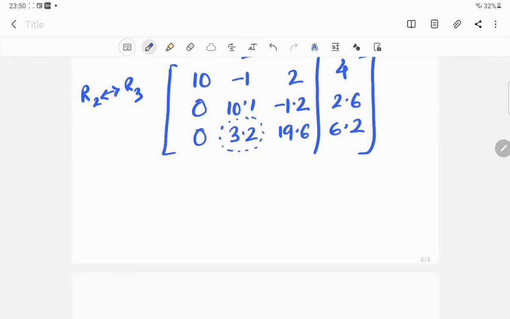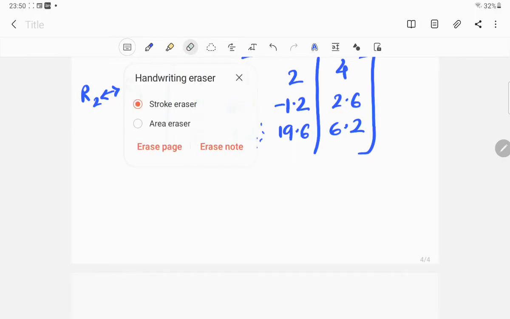So how to make this one equal to 0? I have a very good idea. You need not use a lot of calculators and lot of things here. So I will simply tell you one thing. Can we write R3 equal to R3 minus, I need some space, so I will make it a little smaller.